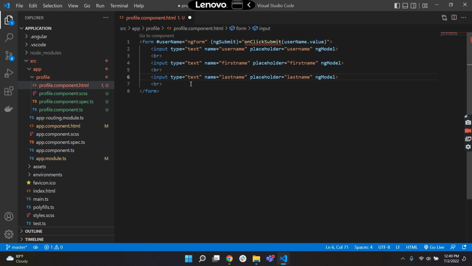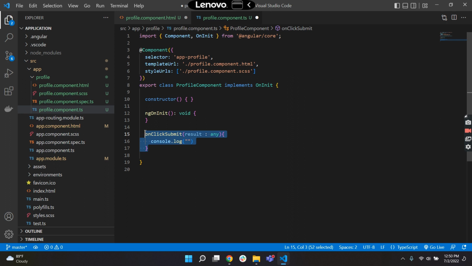Okay. And at the very last we have to create a button which will trigger our submit action. Let's say the type is submit and the value is also submit. So this is our HTML file, and in our TypeScript file we have